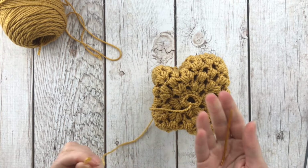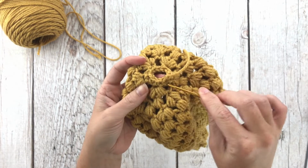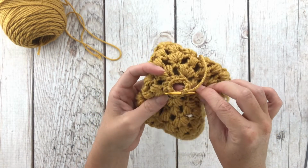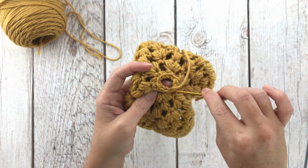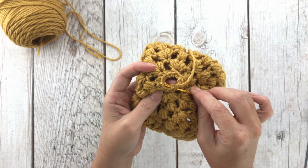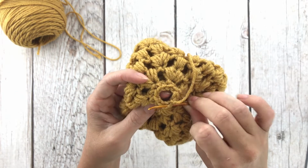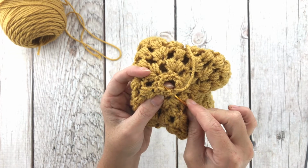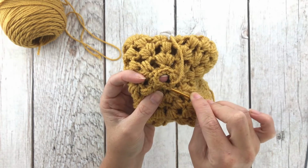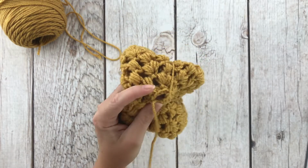So I will thread my tapestry needle. To do the magic close, we're going to insert our needle under the front loop of the first stitch and then twist it around and pick up the front loop of the second stitch, leaving those back loops just to hang out back there. Whipping it around, picking up the third front loop, whipping it around, picking up the fourth front loop, and then we're just going to pull through